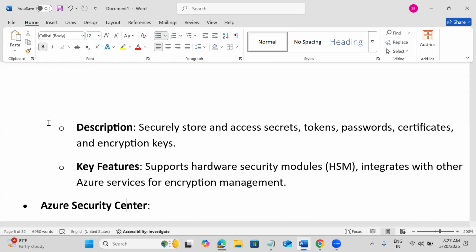And the second thing is we need to rotate those keys in the vault also. What is the meaning of rotation? Maybe we'll have a company policy: after 60 days we need to rotate the keys, or after 80 days, depending upon our company policies. We need to rotate the keys also.